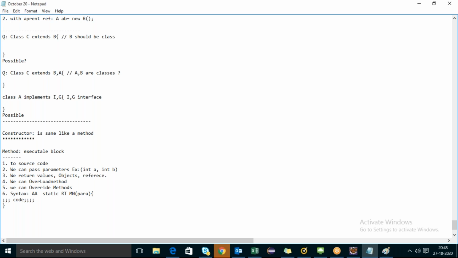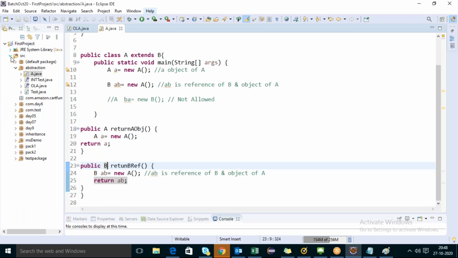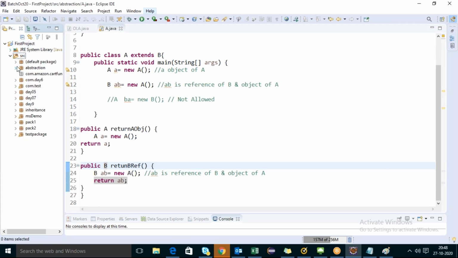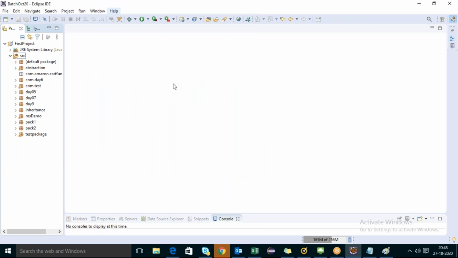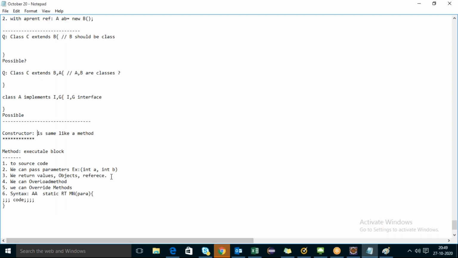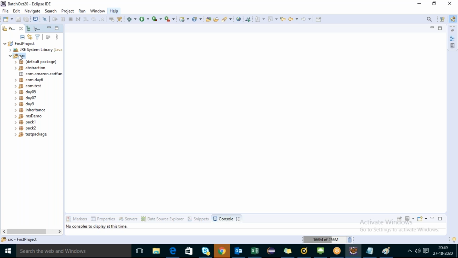Right? So go anywhere, any blog, any site, any video, people will tell you constructor is same like a method, but there is some sort of difference, team, right? Now, let's see what is the difference between method and constructor. For time being, for understanding purpose, I'll compare constructor with method so that you can understand very easily, right? Now, let me create a package called